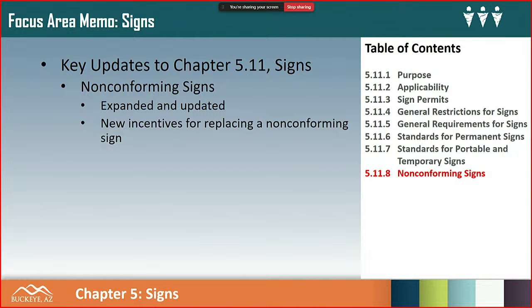Good question, thank you. A non-conforming sign would be a sign that does not comply with the new regulations once adopted. So we're assuming it was legally approved under the old code, and it doesn't comply with the standards of the new code. The other way to look at it is sometimes referred to as a grandfathered sign.